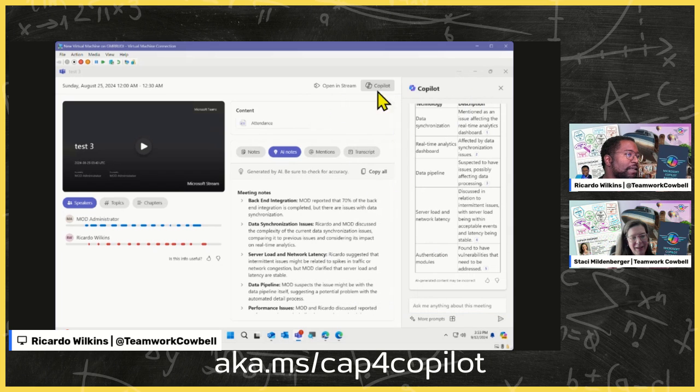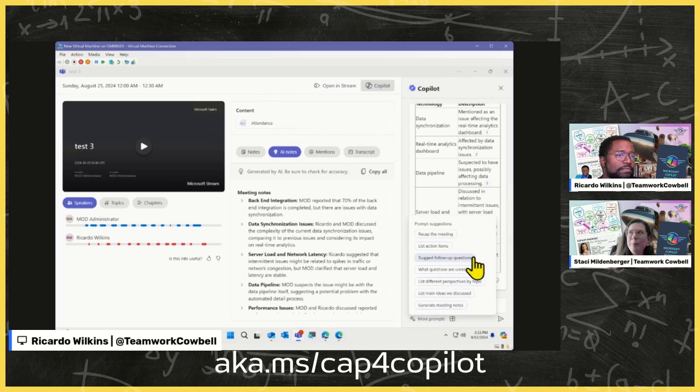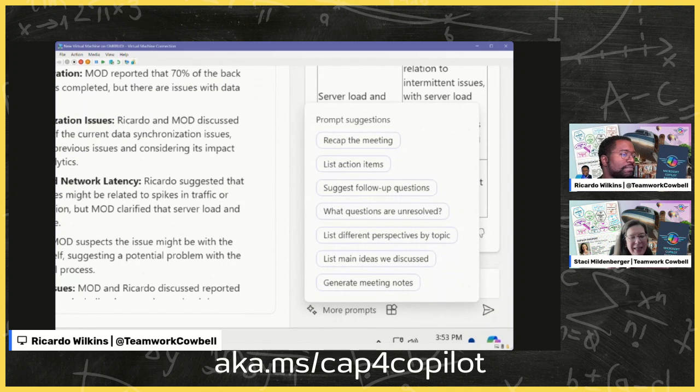Good stuff. I think it's interesting too, when you clicked on the more prompts option there. Do you remember when we were first deploying Copilot with customers, that might have had one or two suggestions in it? Now, I just love to see the improvements in Copilot and how it's been continual improvement, and it's only getting better and better by day.